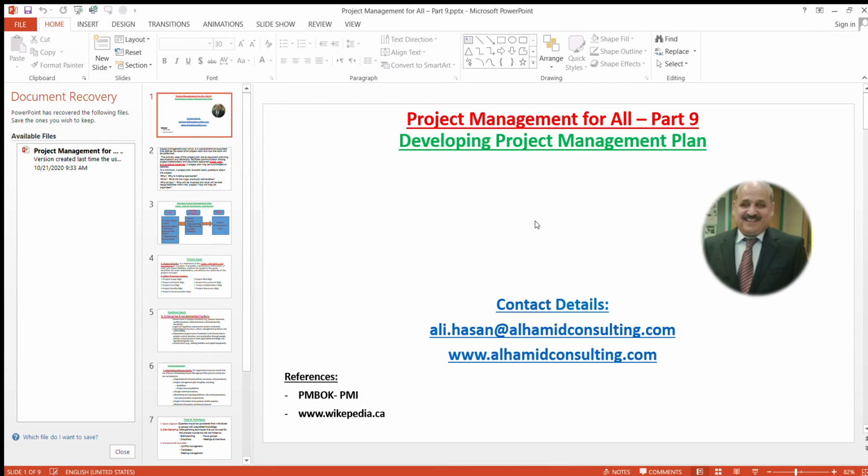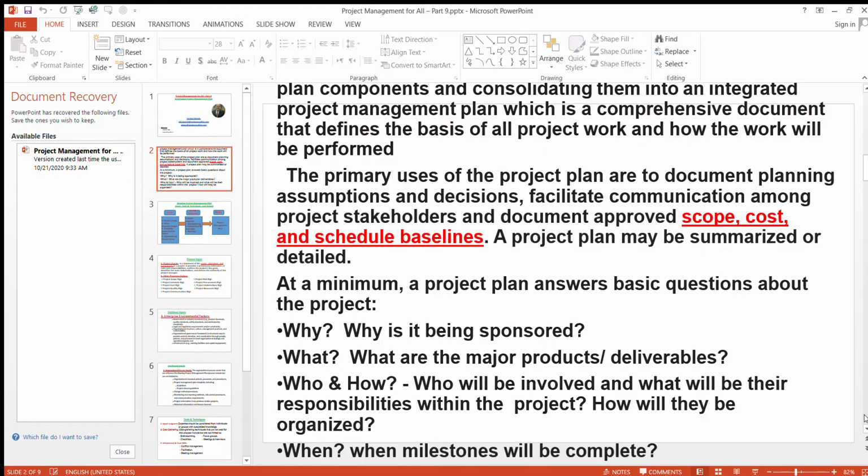In the executing phase, we execute the project and produce what we plan to produce, like, for example, building a plant, developing a new software, producing a vaccine, etc. In the monitoring and controlling phase, we monitor the work and control the way how it is done. In the closing phase, we close the project and give the keys to the client. So in this part, we're going to talk about how we develop the